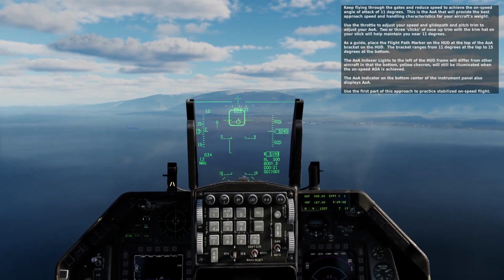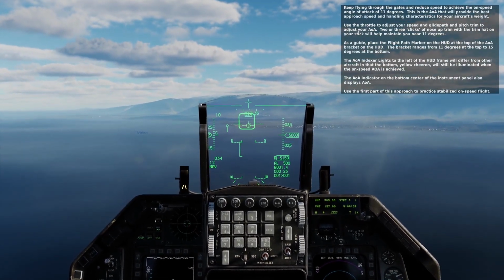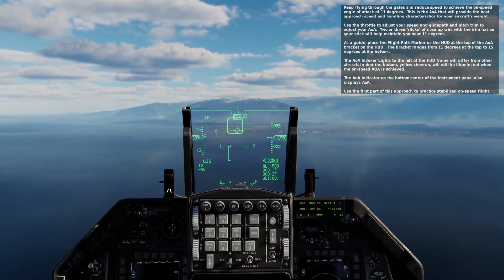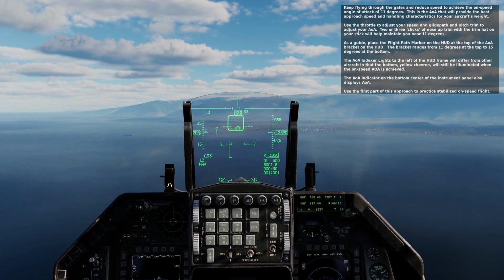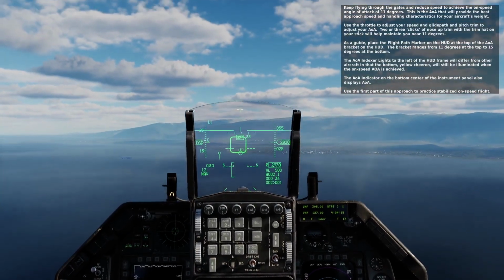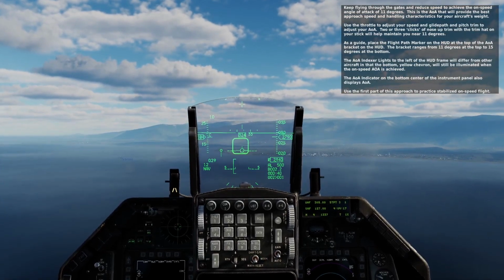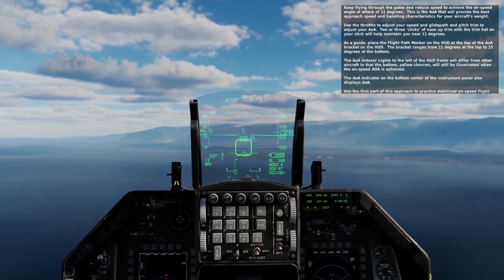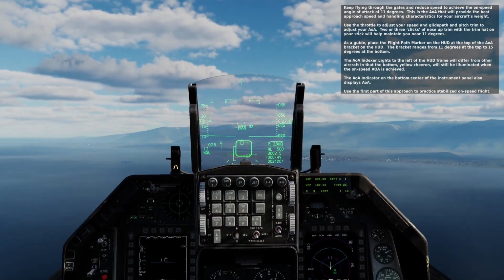Keep flying through the gates and reduce speed to achieve the on-speed angle of attack of 11 degrees. This is the AOA that will provide the best approach speed and handling characteristics for your aircraft's weight. Use the throttle to adjust your speed and glide path and pitch trim to adjust your AOA. 2 or 3 clicks of nose-up trim with the trim hat on your stick will help maintain you near 11